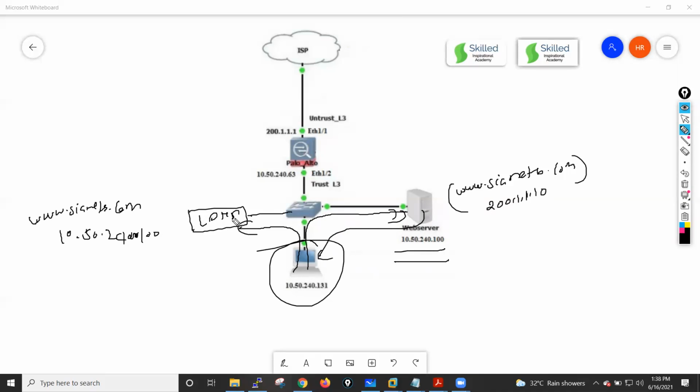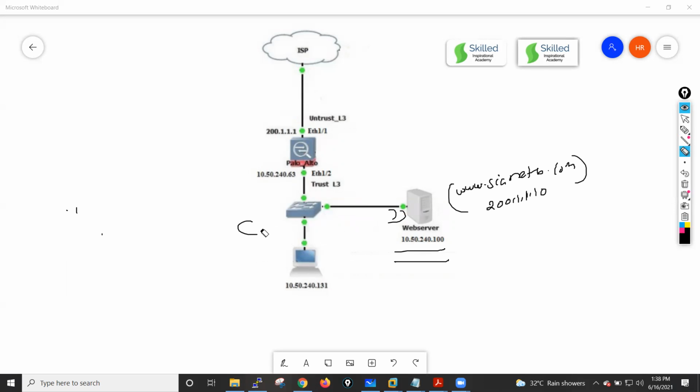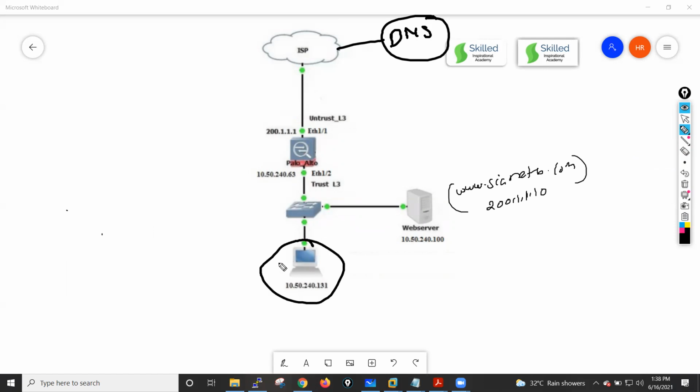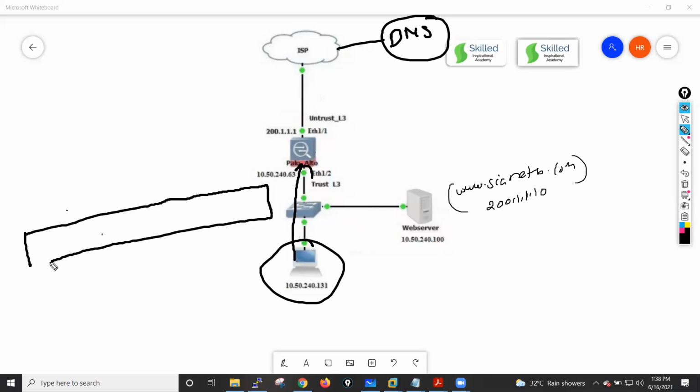Now let's say we don't have this local DNS setup. In that case, we have to configure the U-turn NAT, guys, to resolve this issue, because we will have only the public DNS server where crnets.com is this one. So when this system tries to access www.crnets.com, he will forward the request over this Palo Alto firewall. We will configure the U-turn NAT in this way.